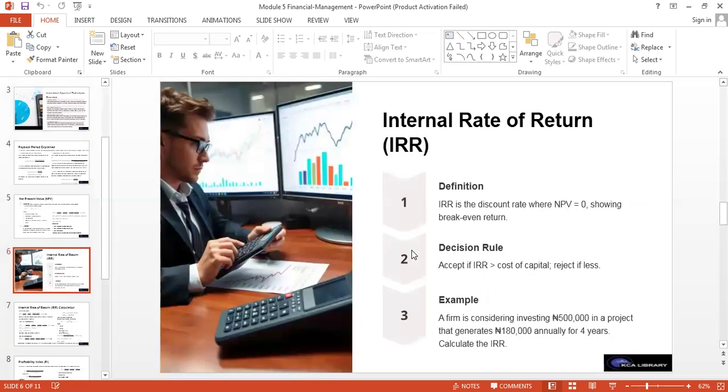The internal rate of return is another one, and just like we've said, it is the discount rate where NPV is equal to 0, showing break-even return. The decision rule is to accept if IRR is greater than the cost of capital, or reject if it is less than the cost of capital. For example, a firm is considering investing 500,000 in a project that generates 180,000 naira annually for 4 years. To calculate the IRR,